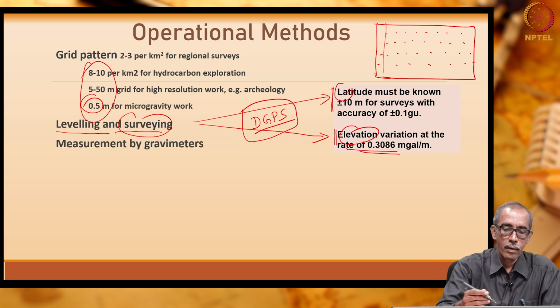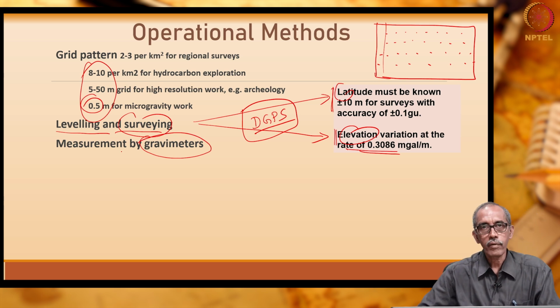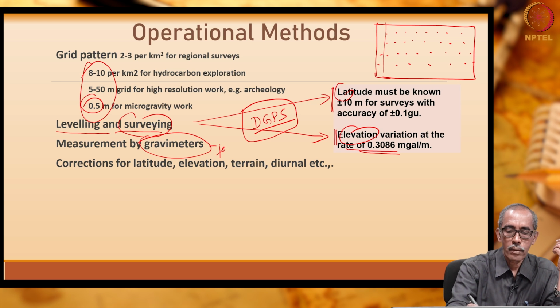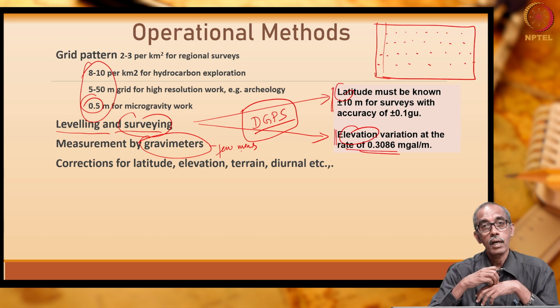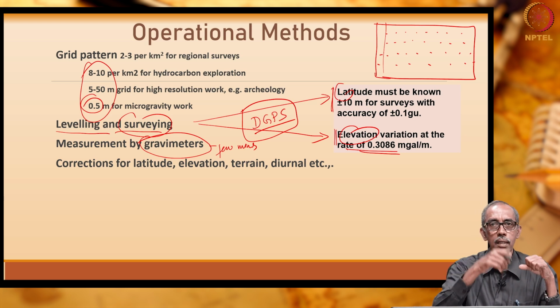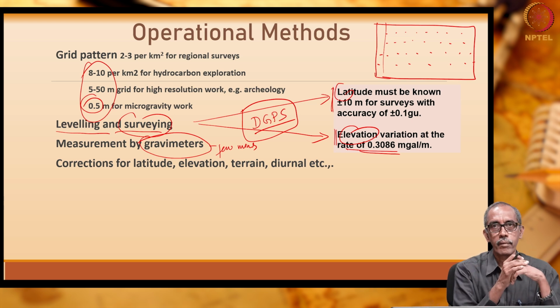After that, we go to the site and deploy the gravimeter and make the measurement of gravity, either absolute or relative. Any of the gravimeters which we have seen can be put into use. This takes only a few minutes, whereas in resistivity survey or in seismic, the deployment arrangement takes most of our time. Here it is very simple: take the gravimeter, keep it, level it, take the measurement. Maximum it will take 1 or 2 minutes, that is it, go to the next station.